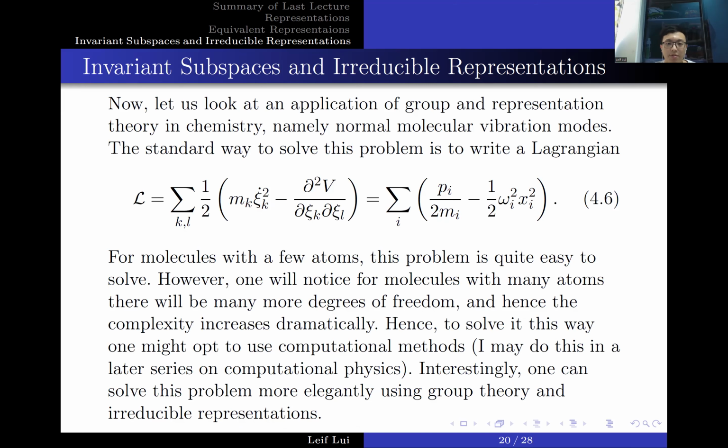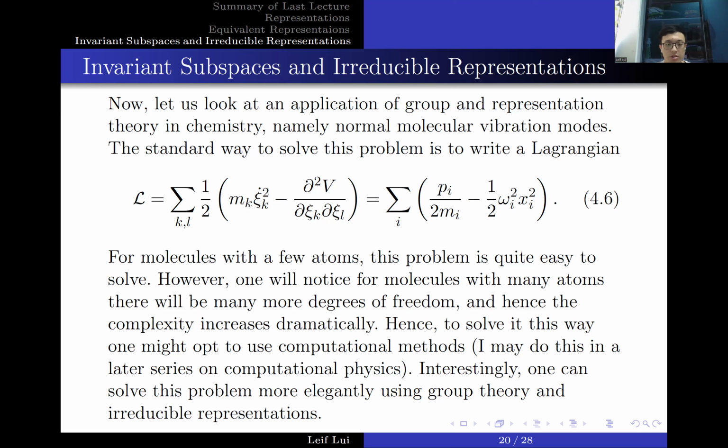So now let us look at an example of groups and representations in chemistry, namely molecular vibrational modes. The normal way that you would solve this problem is to write a Lagrangian, something like this, and then you solve the Euler-Lagrange equations. For molecules with not that many atoms, it is relatively easy to solve, as there are not that many degrees of freedom. But for molecules with many atoms, this can be quite complicated because you would have to compute many different normal modes, etc. So you would typically opt to solve this computationally, but there is another way to solve it using group theory